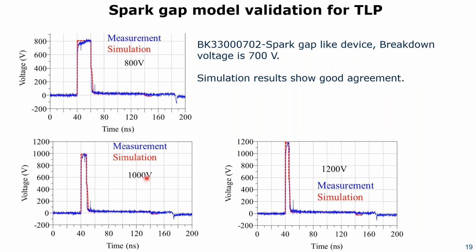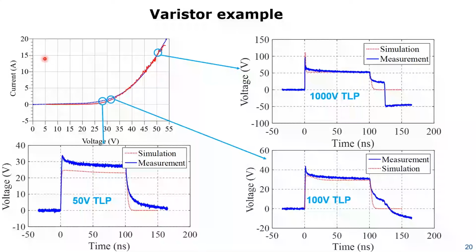If we apply 1000 volt, it takes 10 nanoseconds to break down. And at 1200 it still takes 5 nanoseconds to break down. That's way too much. No IC would easily survive that. Usually spark gaps are useless for ESD protection. There are some exceptions, very good ones, but in most cases not. Take a varistor. I told you they are very soft.